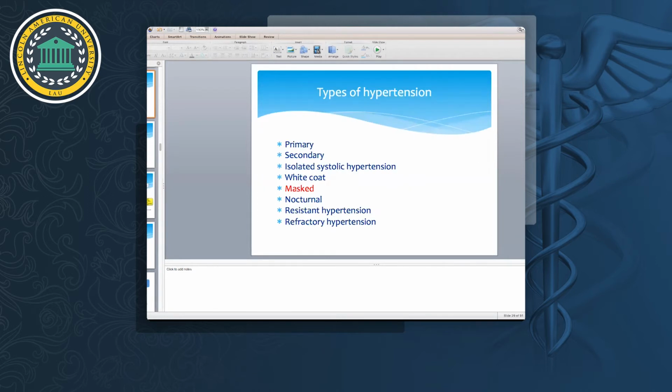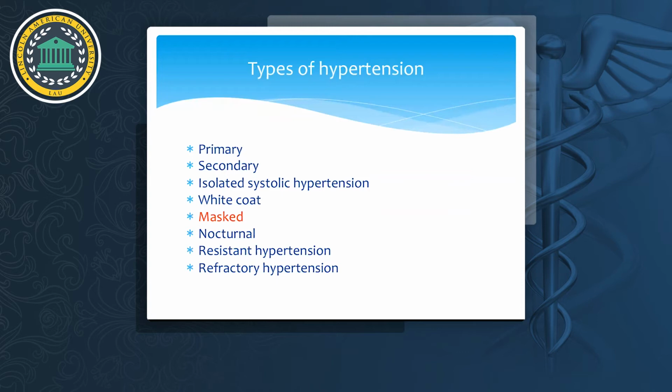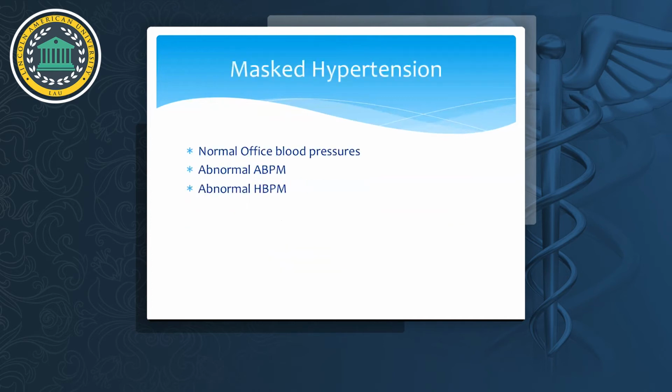So masked hypertension is a condition where a patient, when he arrives to the clinic, his blood pressure is normal, but when he goes out of the clinic and he's at home, we do an ambulatory blood pressure monitoring or home blood pressure monitoring, and his numbers are high. So that's called masked. Mask is a mask. It masks his hypertension, which has similar mortality rates as with